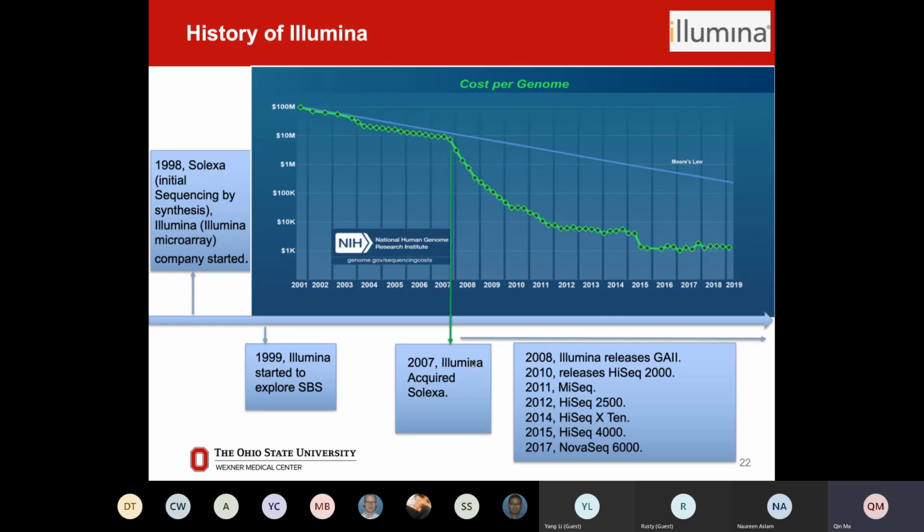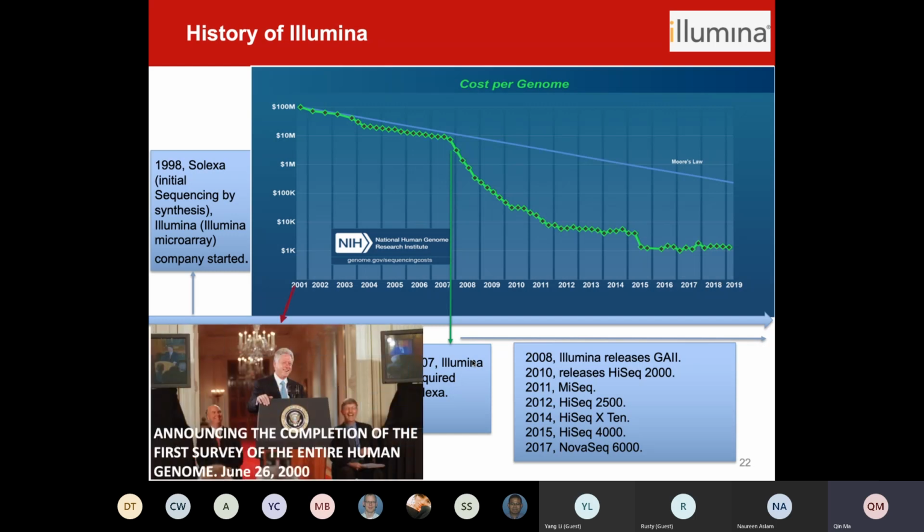Okay. And the history of Illumina, like I said, Illumina is a very successful company, and along with the history of Illumina, I put a chart showing the cost per genome over time, from 2001 to 2019, last year. As you can see, there is a starting point of the sequencing technology at the beginning of 2001. Actually, this all got started from an announcement